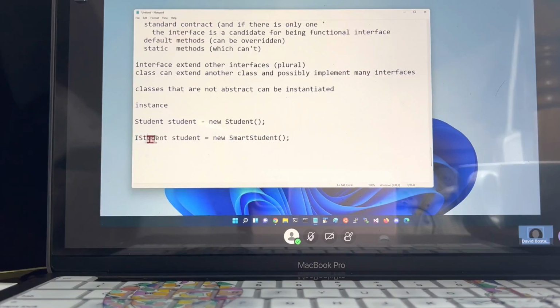So I can write an entire use of an iStudent with a contract for an iStudent, knowing that somewhere somebody's going to instantiate either a student, a smart student, a dumb student, a new student, whatever it is, and they are required to implement this interface.